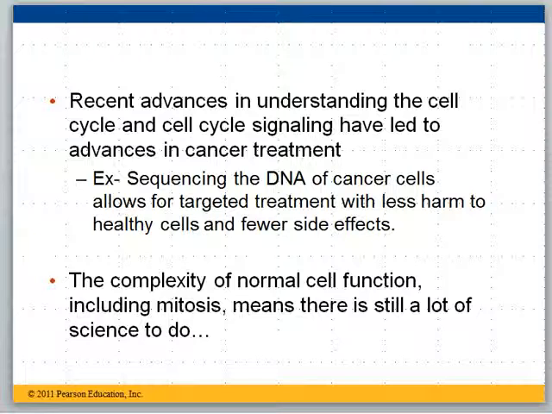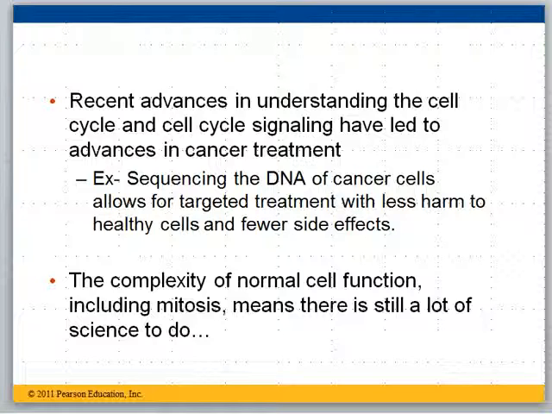What are some of these cell signals that have led to being able to control cancer a little bit better? Also, we've done things like sequencing the DNA of cancer cells. Generally, cancer cells have DNA that is damaged or mutated in some way. So if we can take a sample of the cancer cells from the body and sequence that DNA, we can perhaps target treatment that is specific to only those cells with that particular type of damaged DNA. And that means we can perhaps have a better chance of eradicating the cancerous cells and doing less damage to the healthy cells and having fewer side effects, and that would be a good thing.